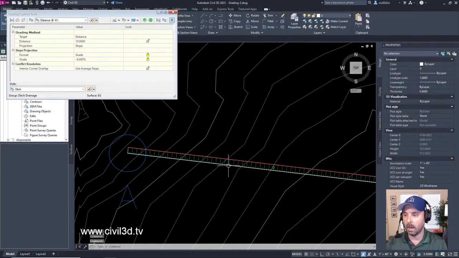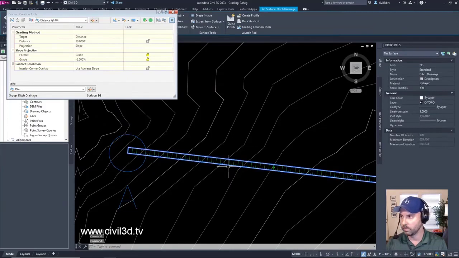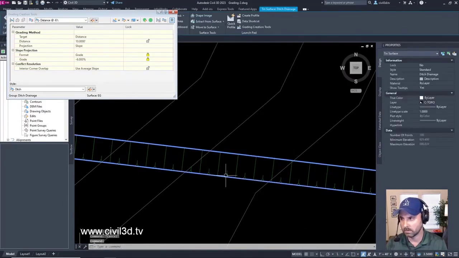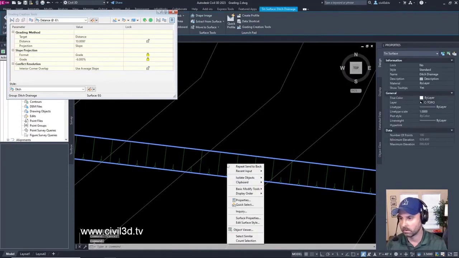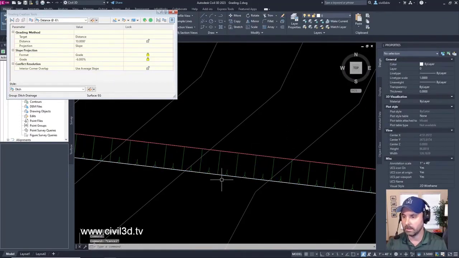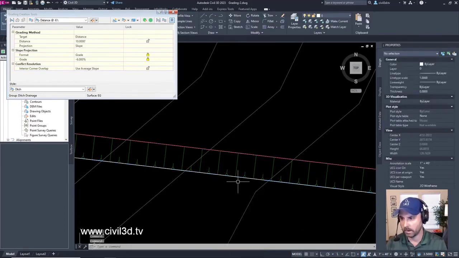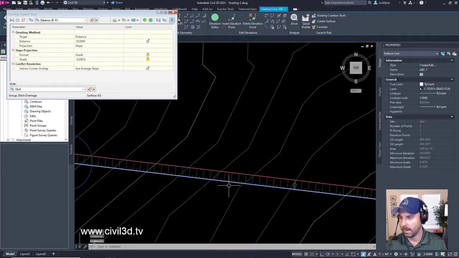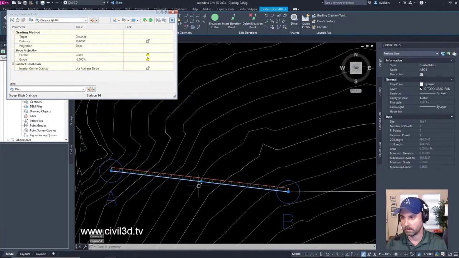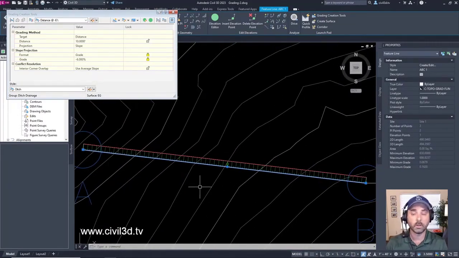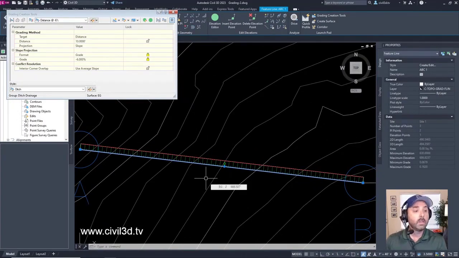Now when I select that feature line, oops, it's not what I want. Now it's selecting the TIN surface. I don't want that. Send it back. Now it's giving me the feature line. So I don't know if I just confused folks a little bit more, but it is what it is.